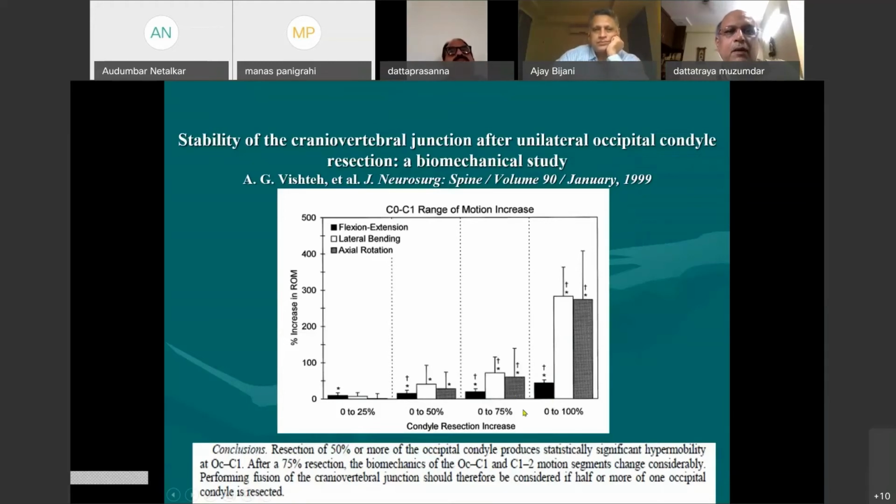But if it's more than 50%, then it creates an unstable joint. Then one has to add cervico-occipital fusion also. So one has to decide preoperatively whether it's worth resecting or not, and if it's not worth it, probably one can avoid a fixation also, and it's better to avoid.